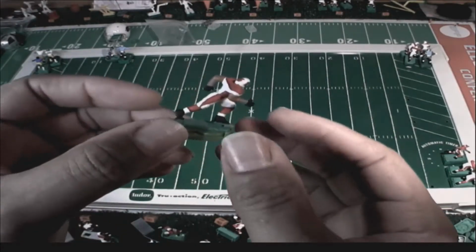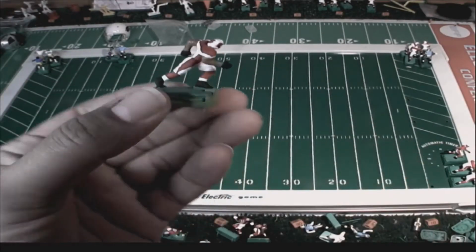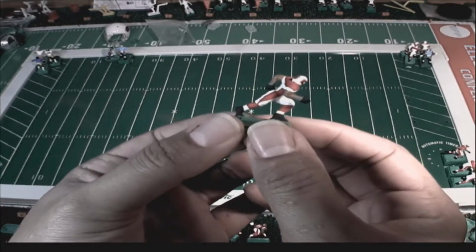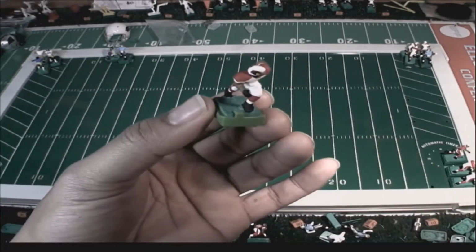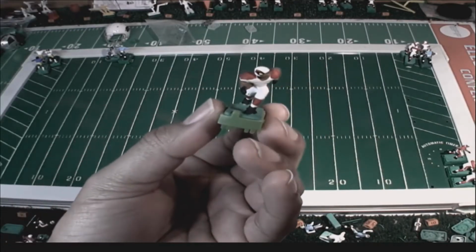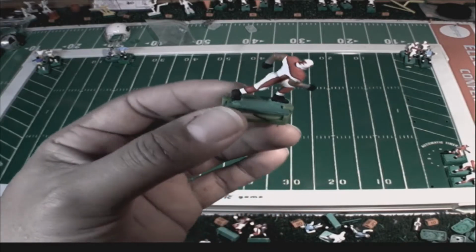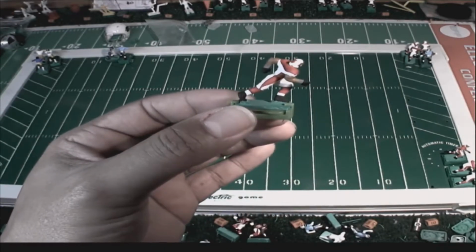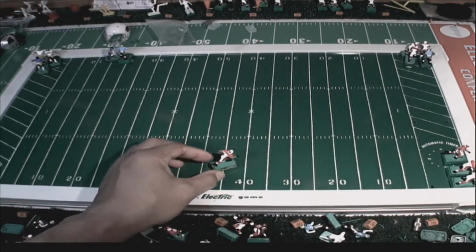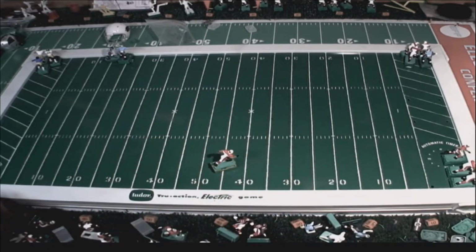Yeah, I'm still working with my Cardinals, and this is one of my receivers. It's a customized Reginald Rutledge figure that I put together. And I wasn't sure what base I wanted to put on it as a receiver. So the first base I thought I was going to use,